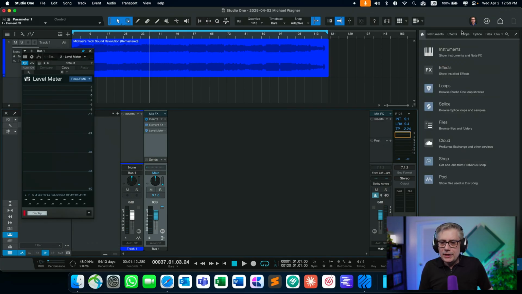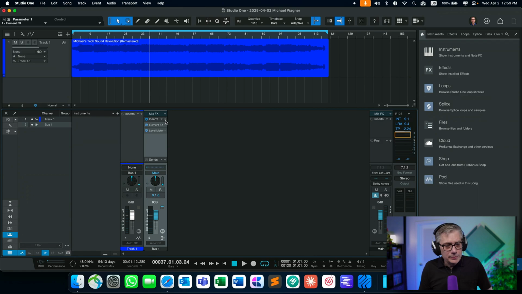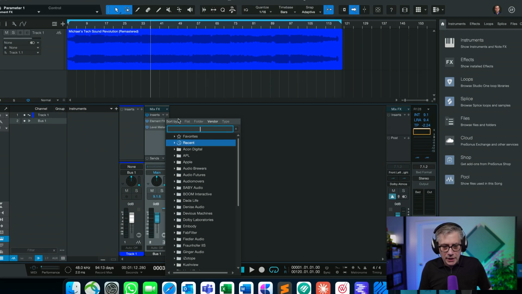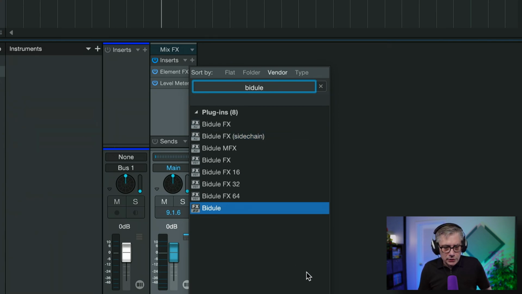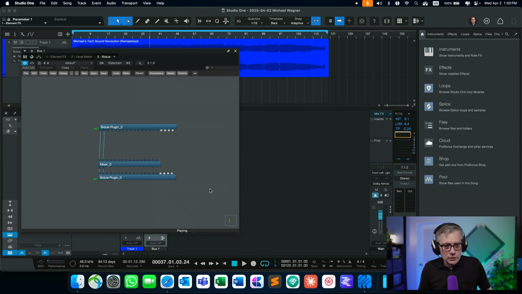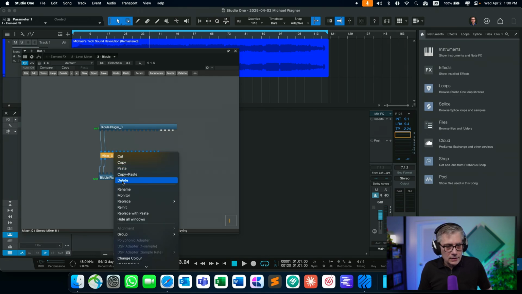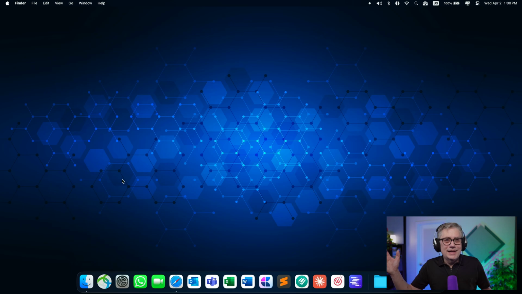The only problem that I ran into by using Plogue Bidule is that it is incredibly unstable, especially on a Mac. So if I'm loading Bidule, for example, here, and I'm going to leave a link to Bidule in the description below, so let me just load the VST3 version of Bidule. And if I essentially do anything here, it crashes.